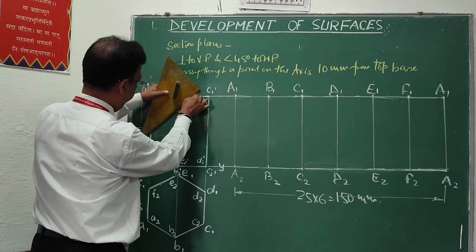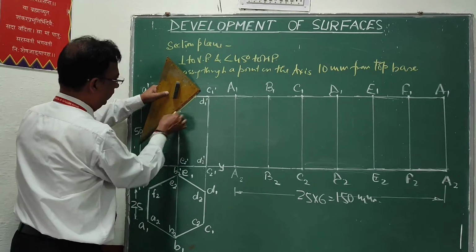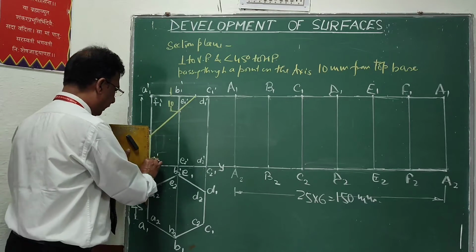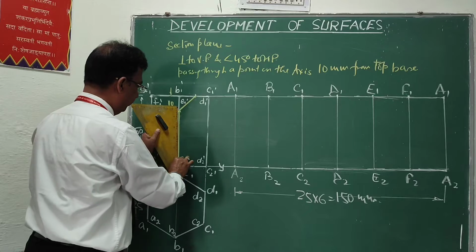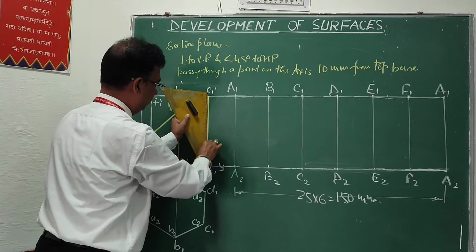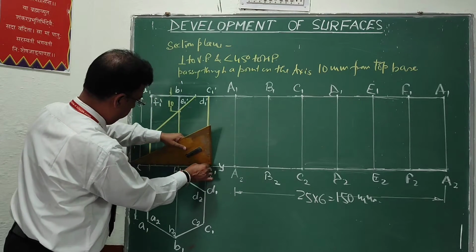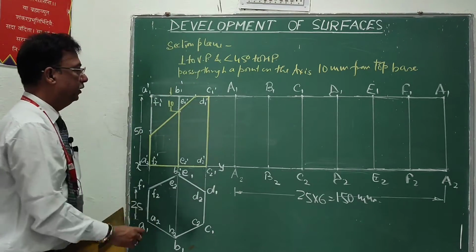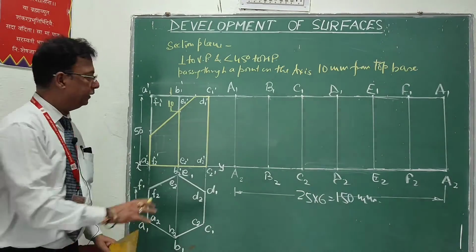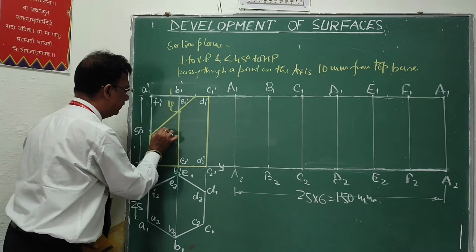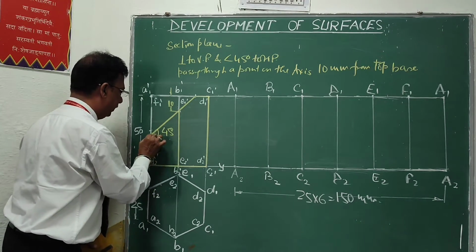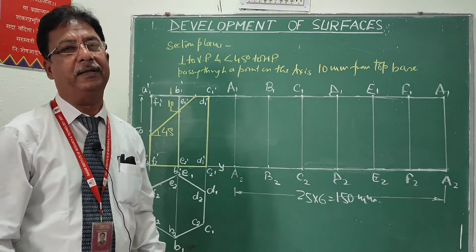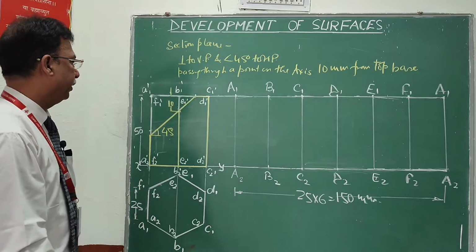So I am going to cut this by a 45 degree angle like this. This solid will be cut, and if I darken the lower part, this is the remaining solid. Look at this figure. This part will be removed and the lower part will remain with us. This angle will be 45 degrees. We want to develop the lateral part, this lower part of the solid, the lateral surface of this truncated prism.